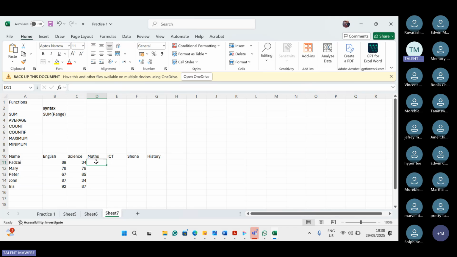Maths, 65, 10, 45, 86, 87, 23, 56, 54, 65, 86, and 65. Shona, 76, 87, 50, 25, 86. History,